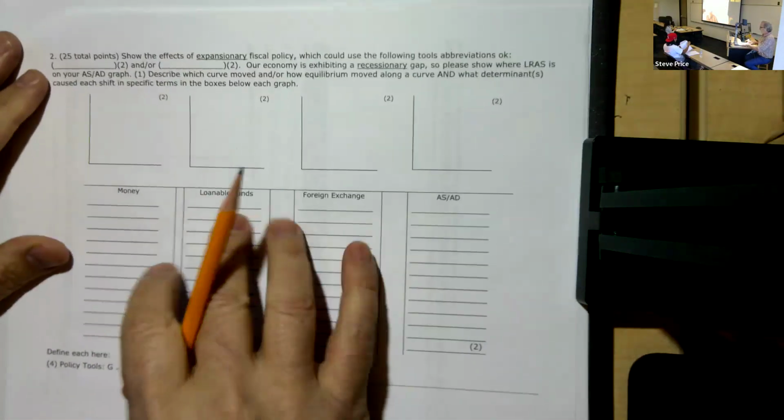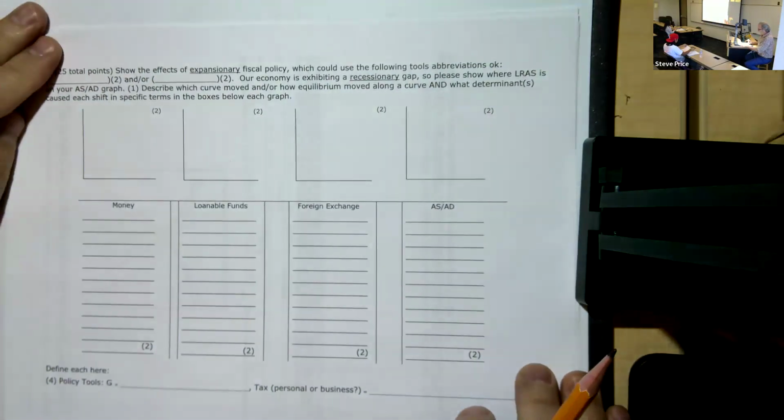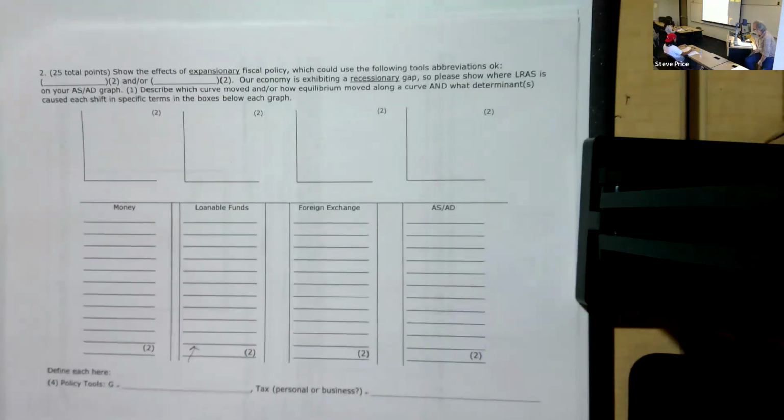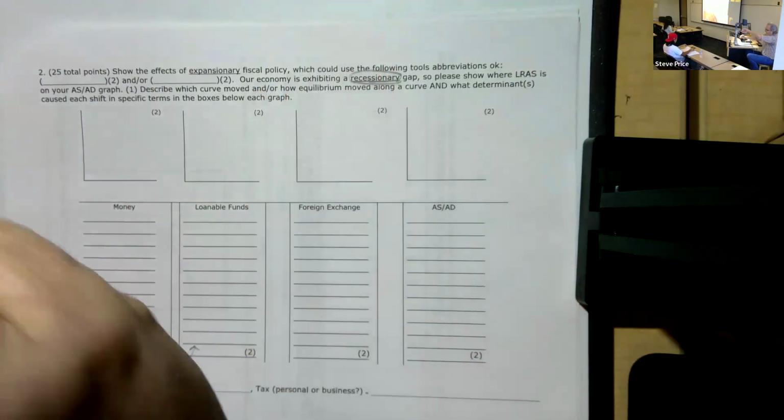We did this once before a couple of weeks ago, but there's one thing I need to add in this market for you to have full credit. And so this is fiscal policy. So this is the government trying to stimulate our economy when we're in a recession. And what I'm going to give you